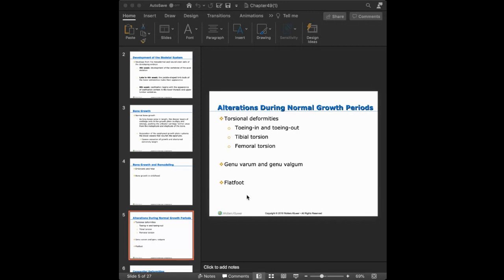Typically, it happens during the growth period. So sometimes you'll see it as the long bones grow, they twist more. It can also happen in infants because infants are growing rapidly. So these happen during normal growth periods a lot of times. We'll start to see the twisting happen. It can happen during the fetal stage as well, but it becomes more pronounced as the child grows and as those bones get larger. And again, it can happen at the femoral joint, and it can also happen at the